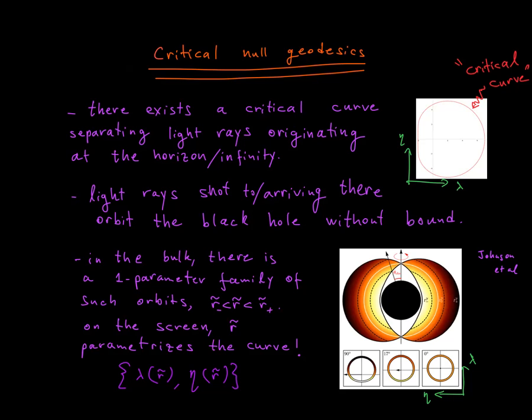And if I shoot a geodesic exactly on the critical curve, or if I receive a geodesic exactly with that critical parameter, it means that this geodesic can orbit the black hole, mathematically at least, an infinite number of times. Okay, an arbitrarily large number of times, of course. For observation, you don't get really an infinite number of times, but several times. That's enough. So these are these critical geodesics, and they draw on the screen a critical curve, which is kind of like, you can think of it as